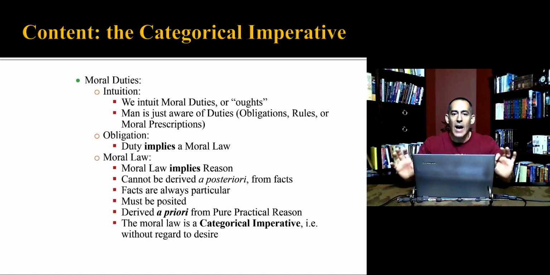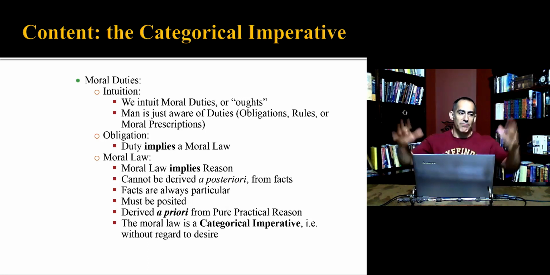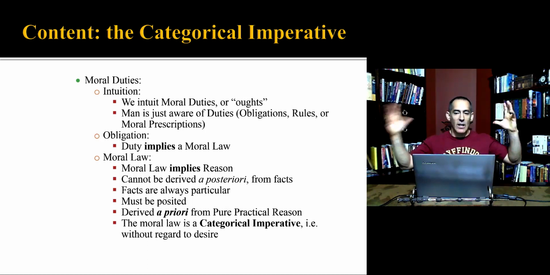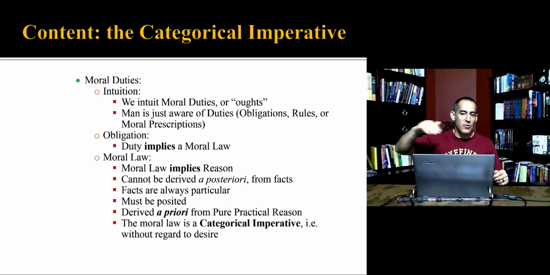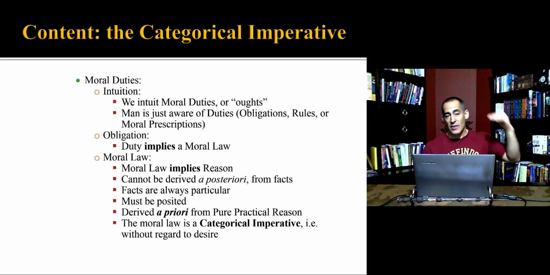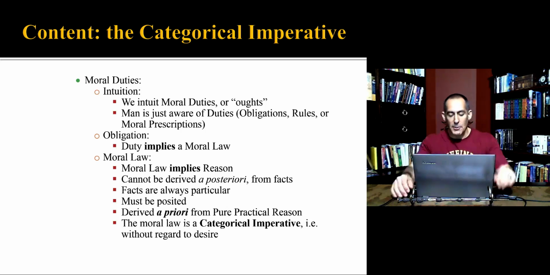For Kant, these cannot be derived a posteriori, and there's a word I don't remember if we've seen before. We're going to see it again later as well. This is the idea of after experience, right? So we don't derive our laws after experience merely from facts about the world, because facts are always particular things, and Kant is interested in a universal type of a law. So you can't use particulars to come up with these universals, right? Any more than in logic, you could start with a truth about a particular thing and then generalize to the whole, right? So we can't say that something's true of the part, therefore it's true of the whole. It's the same thing that he's saying here.